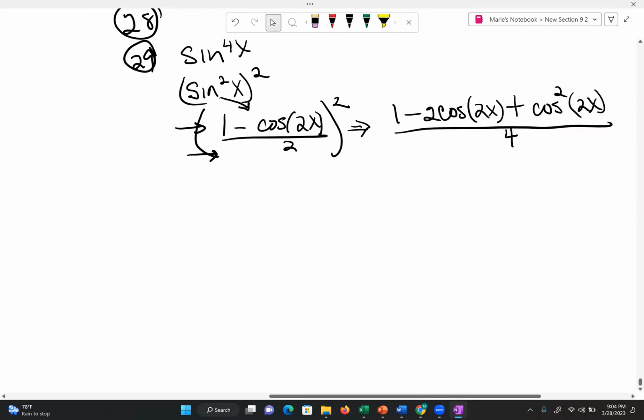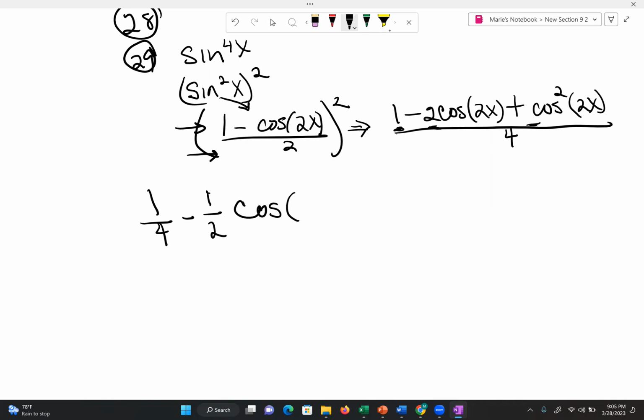That's how we get that number. Okay, if I divide all 4 of these values, technically there's a 1 here. I'm going to end up with 1/4 minus 2 over 4, or 1/2